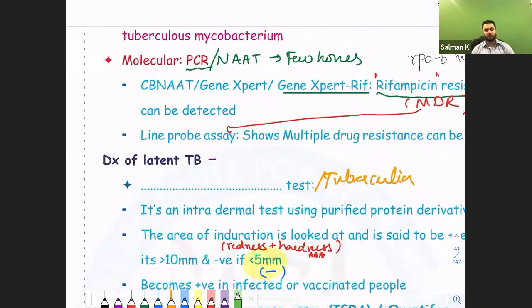Next, if you talk about the best diagnosis that is done for TB these days, you should all know it is the PCR or the NAT. Okay, PCR or the word NAT. Now, what is the advantage of the PCR or the NAT? Within 2 hours or so, this is the turnaround time. It is just 2 hours. PCR or NAT takes only 2 hours for the report to come out, whether you have TB or not. Okay. Next,